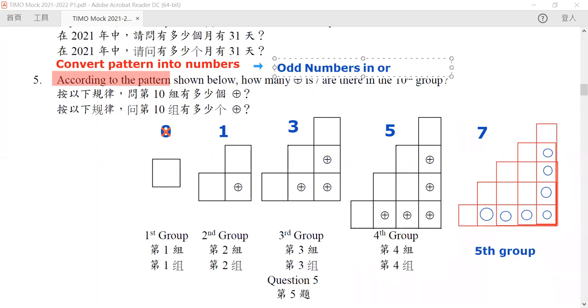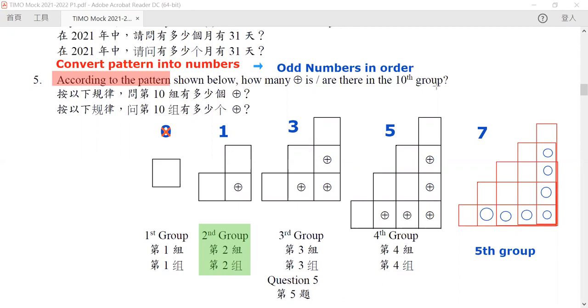They are all odd numbers in order, so you can simply count them. Now, one thing to be cautious about here is that our first group, unlike any other, is of the number 0 instead of 1. So we start by counting 1 on our second group. So instead of